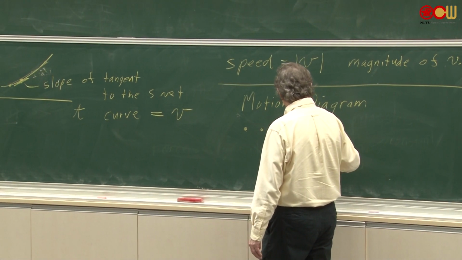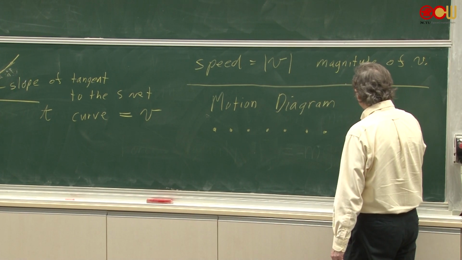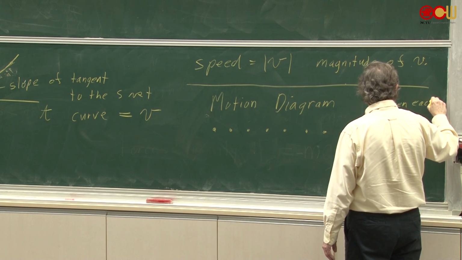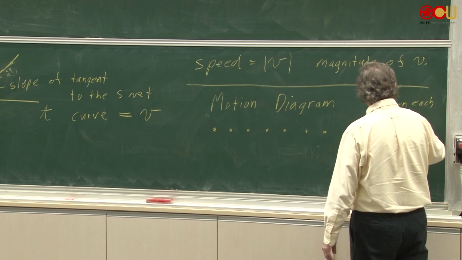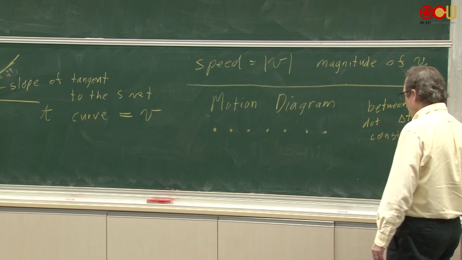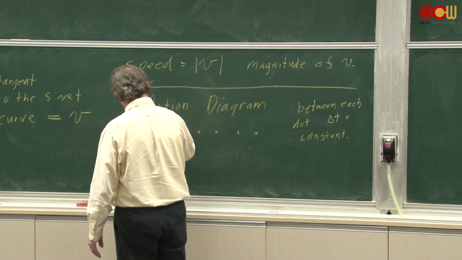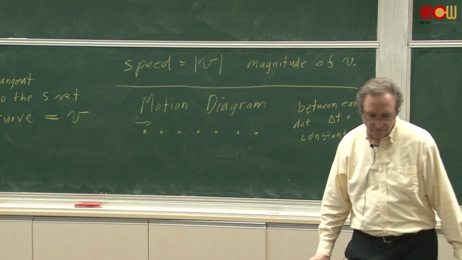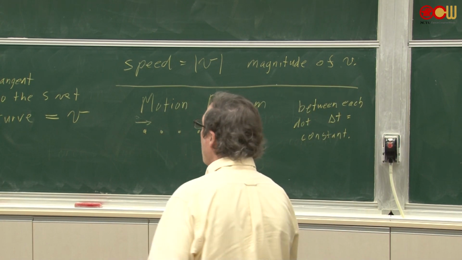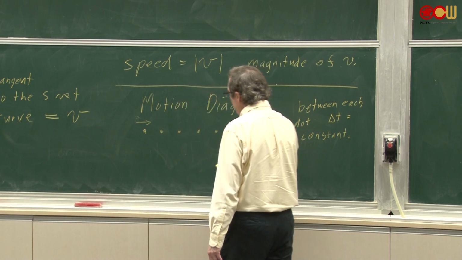All right? So let's say we see this. All right? So between each dot, delta T is a constant. All right, so that's your diagram. And let's say you started this way. So you're moving this way. All right? Now let's say later on, the car still has dropping oil, but instead of this diagram, you see